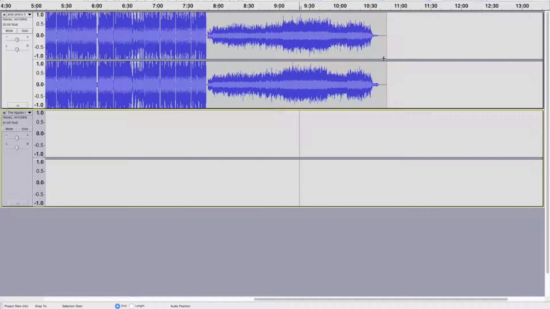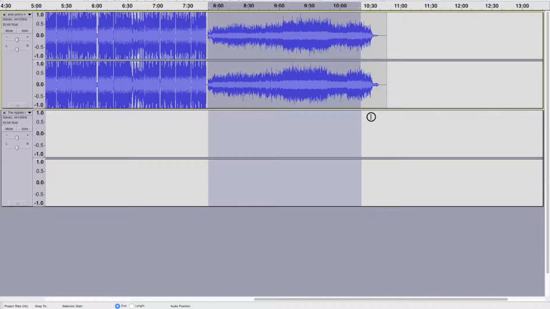You can see there's a bit of a difference between this waveform and that waveform. That's because that is much louder than our last song, and we don't want our listeners to be turning up and turning down their volume. That's really annoying for the people in the car or wherever they're listening. So what we're going to do is we're going to take this and we're going to make it as loud as everything else. So we've selected this, and now we're going to go to Effect,